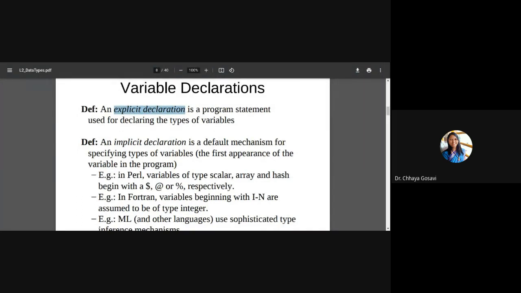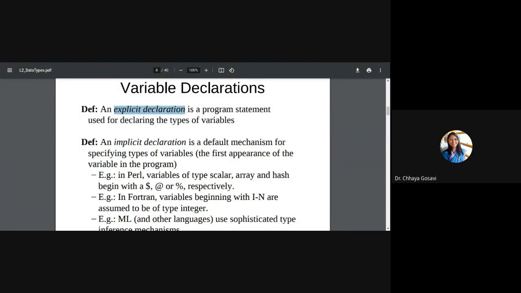See, every coin has two sides. Explicit has some advantages, some limitations. Similarly, implicit declaration also has some advantages and limitations. So we have to discuss. Suppose you are going to design your own language. Which type of variable declaration will you follow? Implicit, explicit, or combined one?